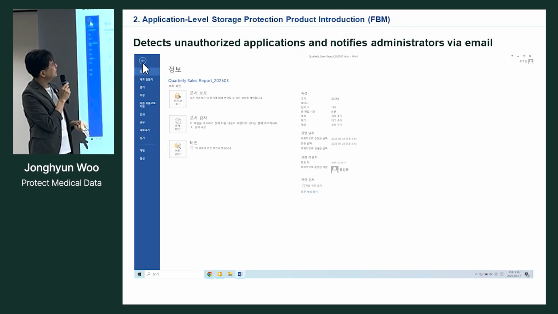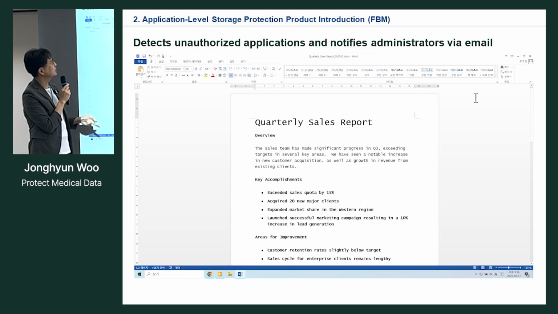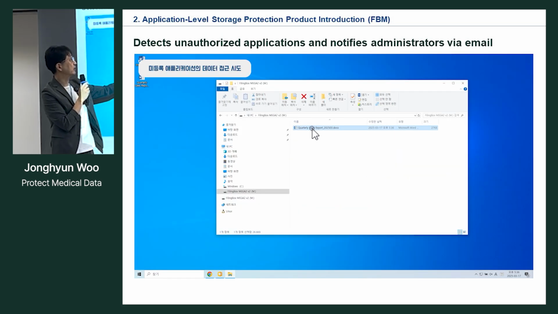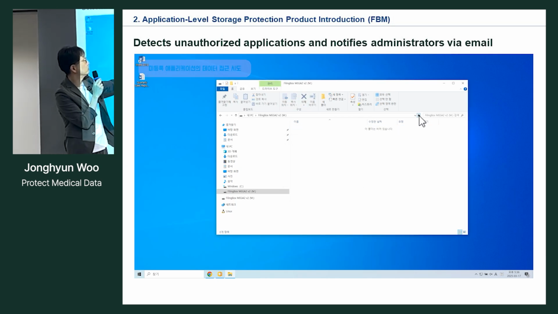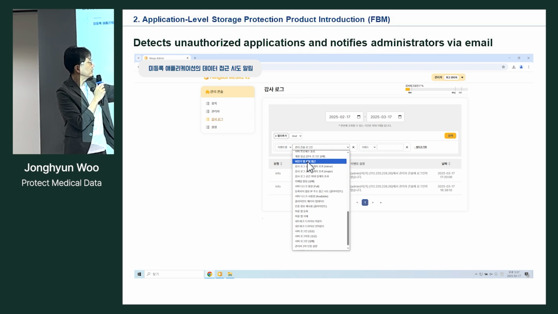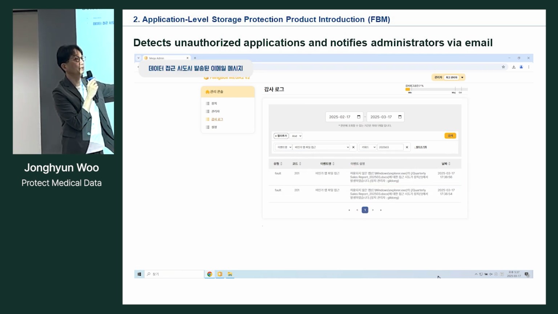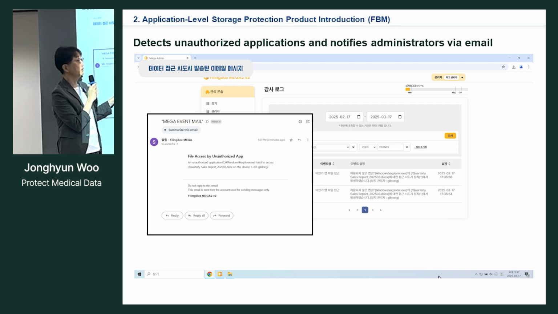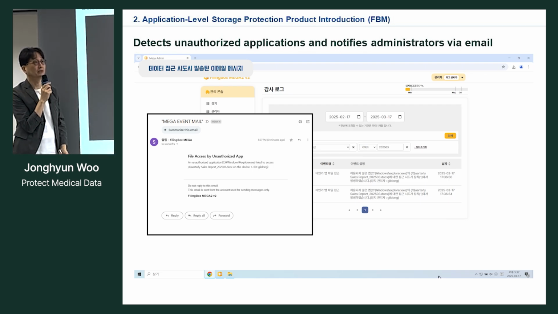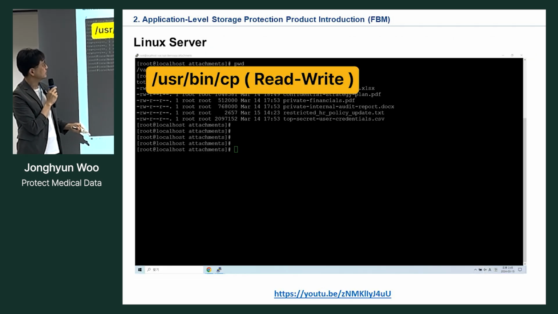So I set the Microsoft Word file as a pre-registered application, and because of that, I successfully saved the file there. But I did not register Windows Explorer, and I tried to delete it. As you can see on the admin panel, the suspicious activity was detected, and the email was sent to the system admin. That's one you saw. And then in Linux,